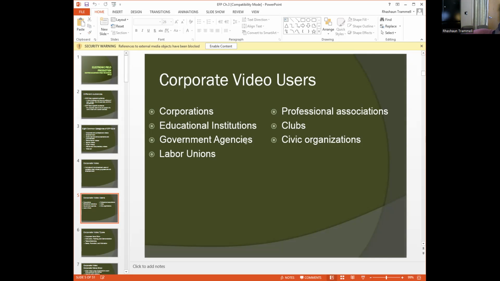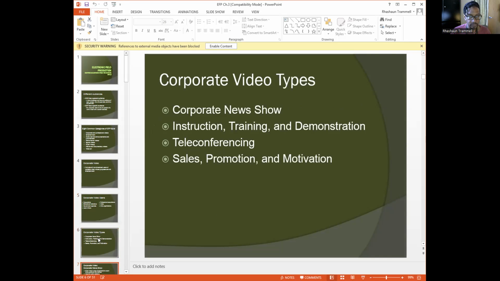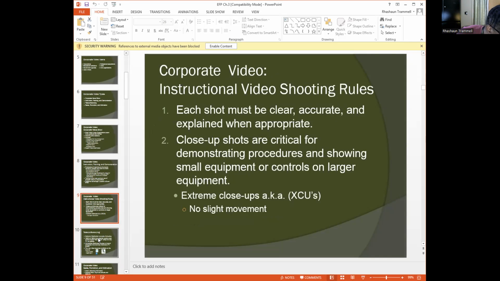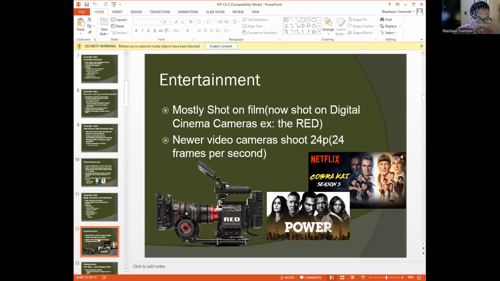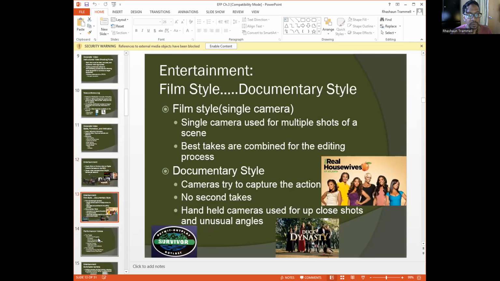So, documentary and film style, under the entertainment category. I just want to be clear, on the review sheet there's one that says documentary and film style up near the top.